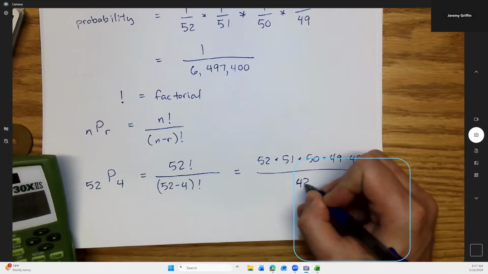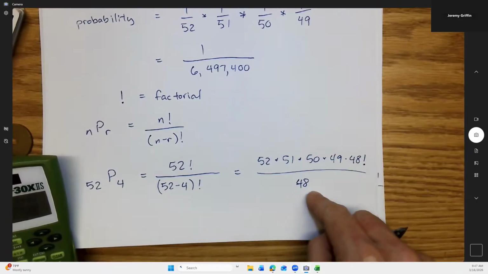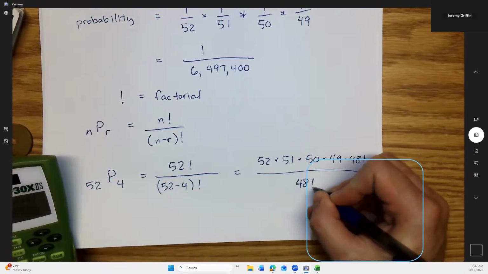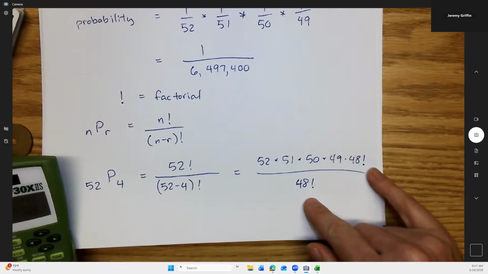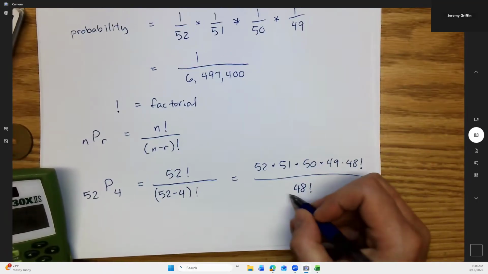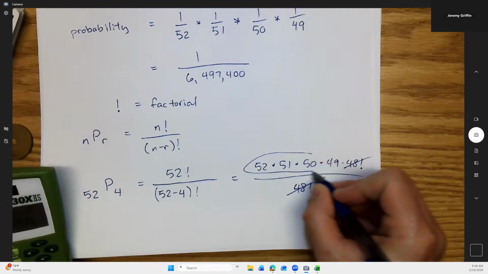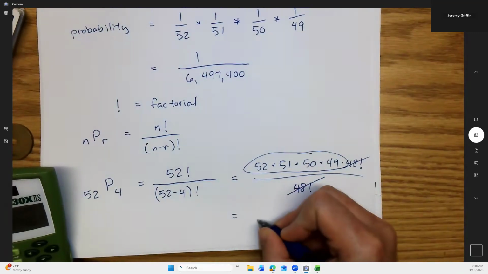That is 48. And then that's also factorial. So it's times 47, 46, 45, all the way down. So I'll just call that factorial. You guys see what's going to simplify here? You see that? That cancels. And what I'm left with is this, which turns out to be